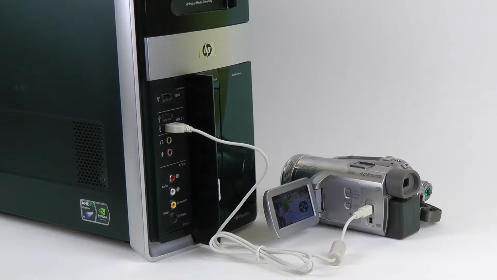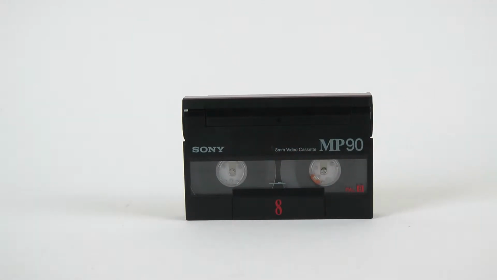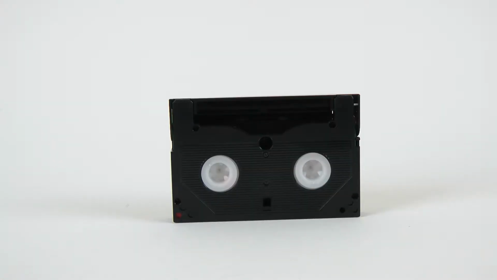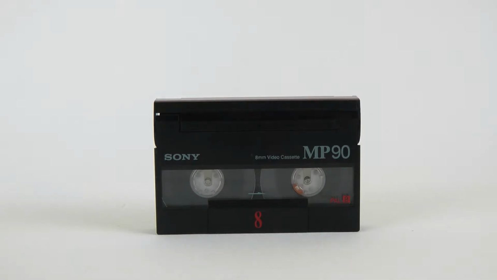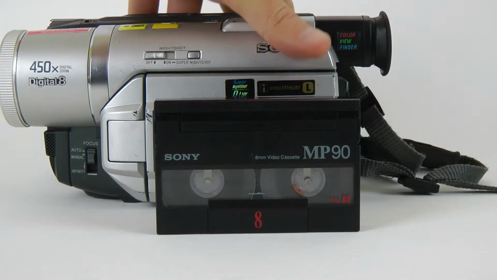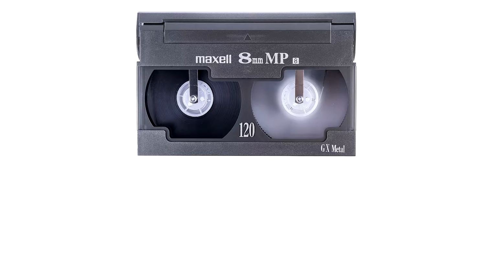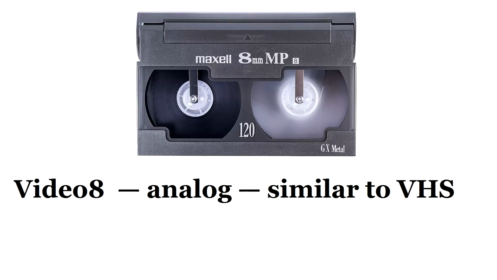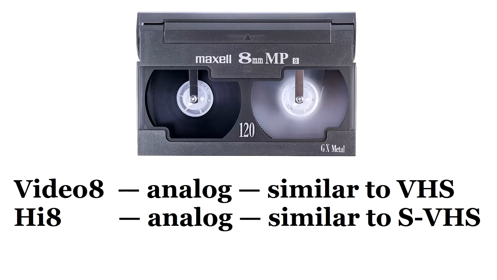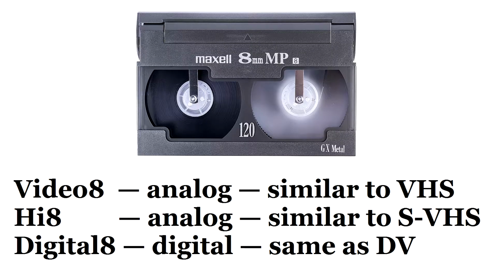There are a few DV camcorders that are capable of sending video over USB, so you may want to investigate this option. If you have a cassette like this, then your recording may be in either Video 8, High 8, or Digital 8 format. You should not trust the labeling on the cassette. All of these formats are standard definition. The first two are analog, while Digital 8 is, well, digital.